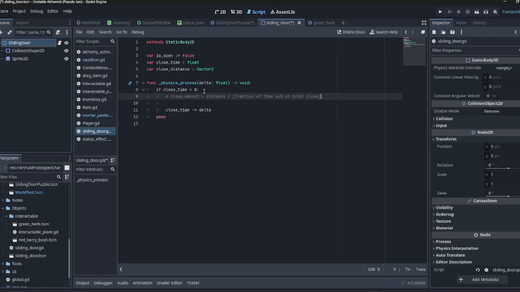It's a distance over time, right? So, but in the time, speed, distance over time. So I'm gonna need to do, but the distance here is going to be the fraction of the distance based on the close time. So it would be